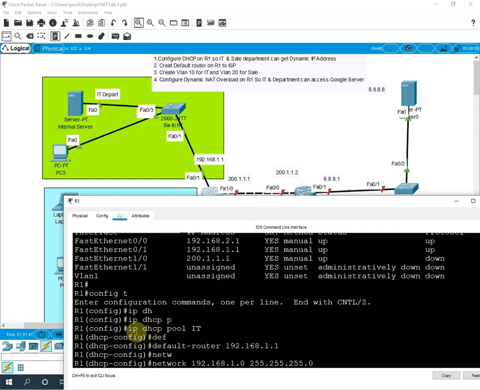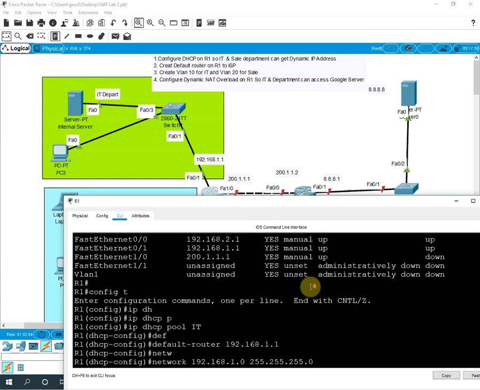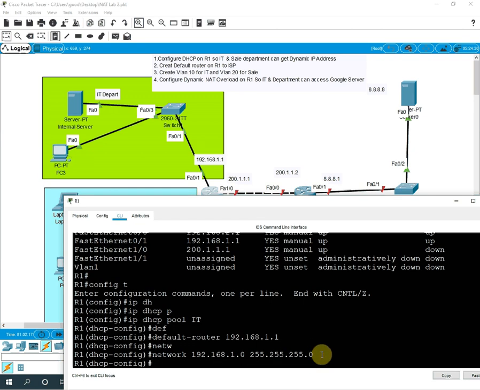So for that purpose, I am creating an IP DHCP pool. Then we need to give the default router, which is the IP address of the interface, 192.168.1.1. Then we need to write the same network, 192.168.1.0, and the subnet mask of that one. Okay, I will press enter.